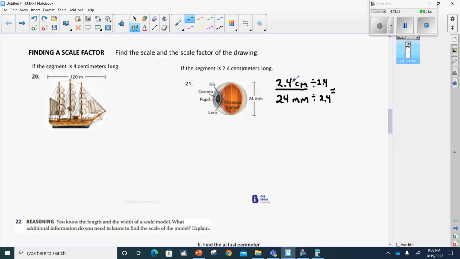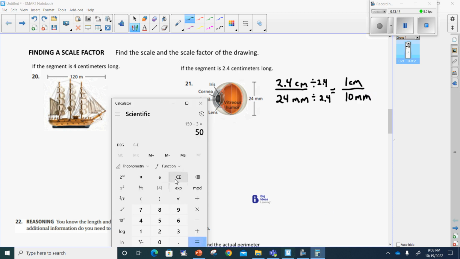That's going to give me, well, 2.4 divided by 2.4 is 1 centimeter. And then 24 divided by 2.4 will give me 10 millimeters. Make sure of that now. 24 divided by 2.4. Yep, 10. Okay. So now remember, now that we've got that scale factor, the scale factor is going to be,